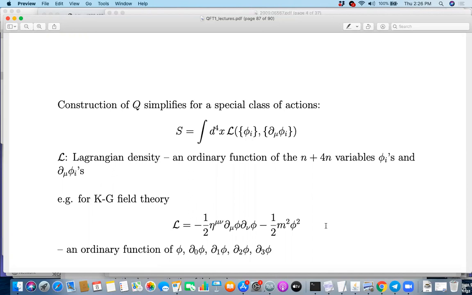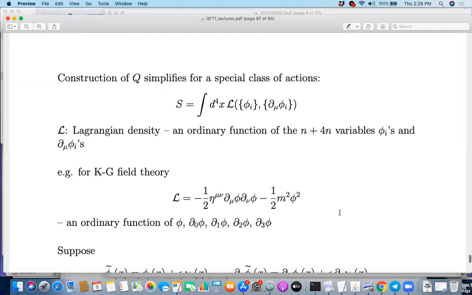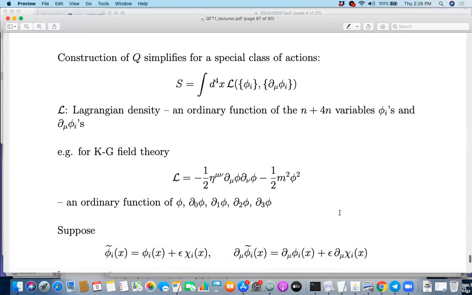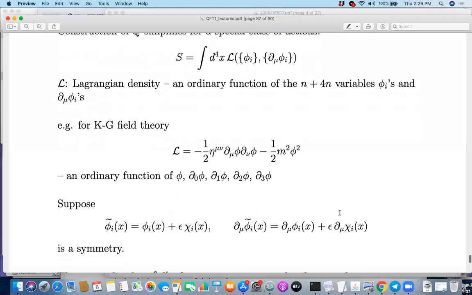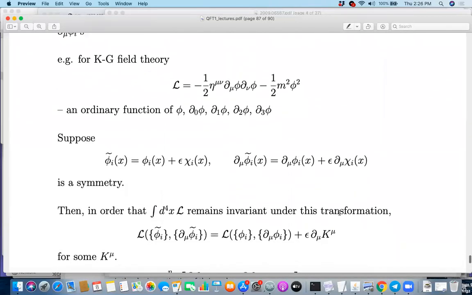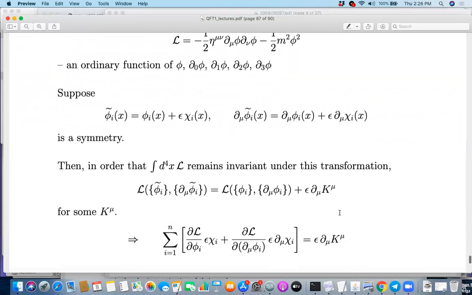So we'll write various formulae now as ordinary derivatives of L rather than functional derivatives. When you have to take the derivative of S with respect to, say, phi, it will be a functional derivative because S really depends on phi at every point in spacetime. But that's not the case for L. No questions? Okay.